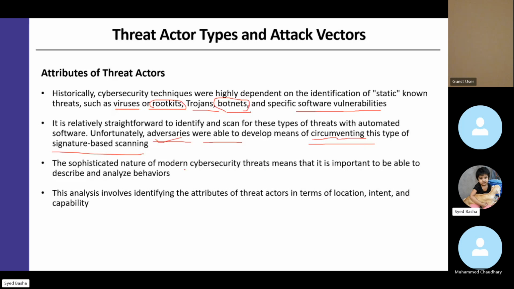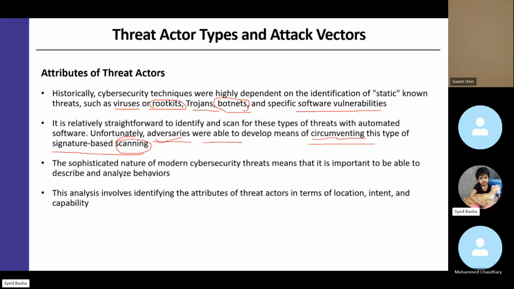So you cannot claim, by having one type of scanner, that your network is clean, that we don't have any vulnerabilities, or that we did have some vulnerability but have fixed them. No. That's why you have to have multiple types of scanning. That's very, very important. We will see those types of scanning in a different lesson.